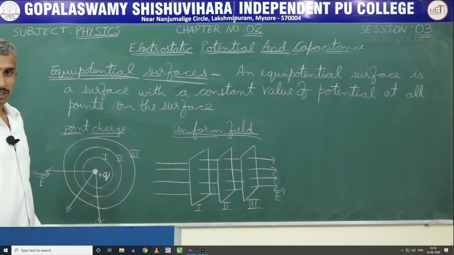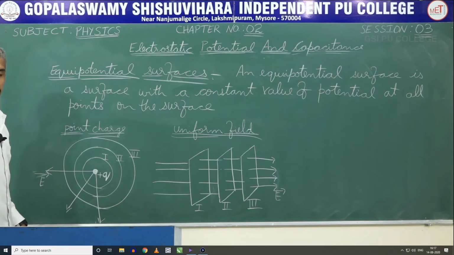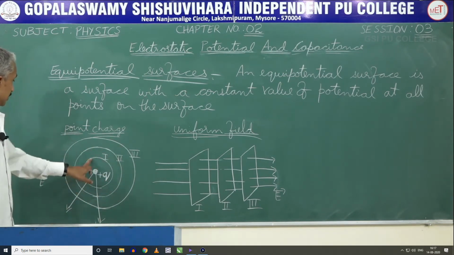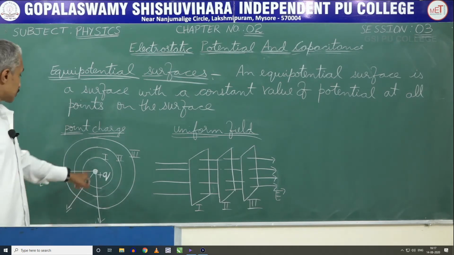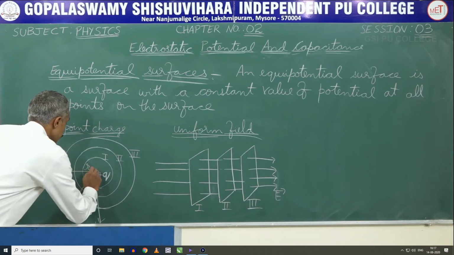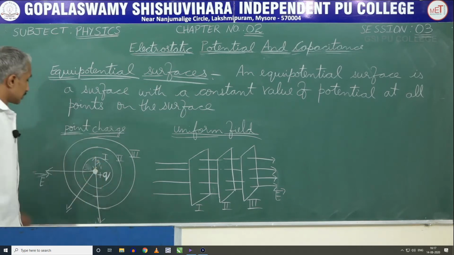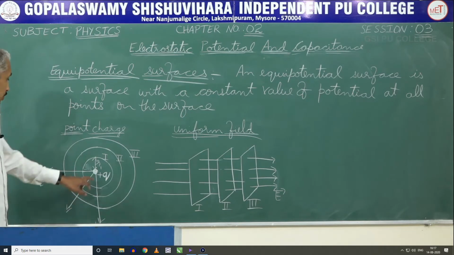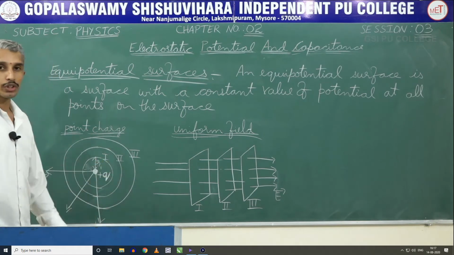We will take an example to understand it better. Take a point charge. As you know, electric field is radiated from it spherically in all directions. So if you draw concentric spheres, each sphere represents one equipotential surface. From the center to any point on the sphere, the distance is going to be the same. Therefore, the potential on any point of the surface 1 is going to be the same, and I can write it as potential V1.